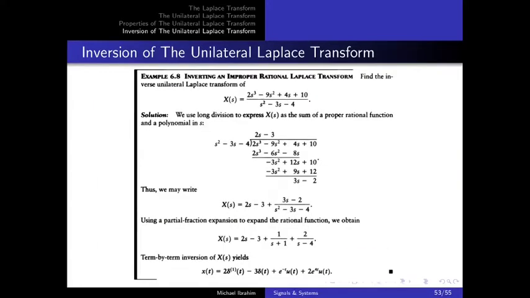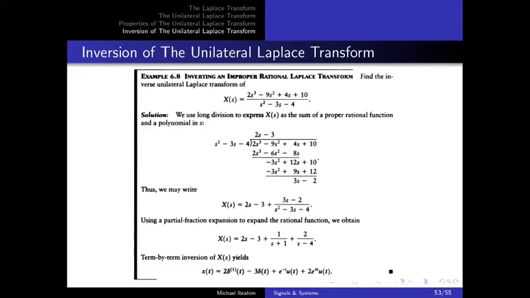Moving on, in this example, we need to find the inverse Laplace transform of the following function, X of s, equal to the ratio between two polynomials. The polynomial in the numerator is third order, the polynomial in the denominator is second order, so as you can see, it's an improper rational function. And before we can do partial fraction, first we need to transform it into a proper rational function